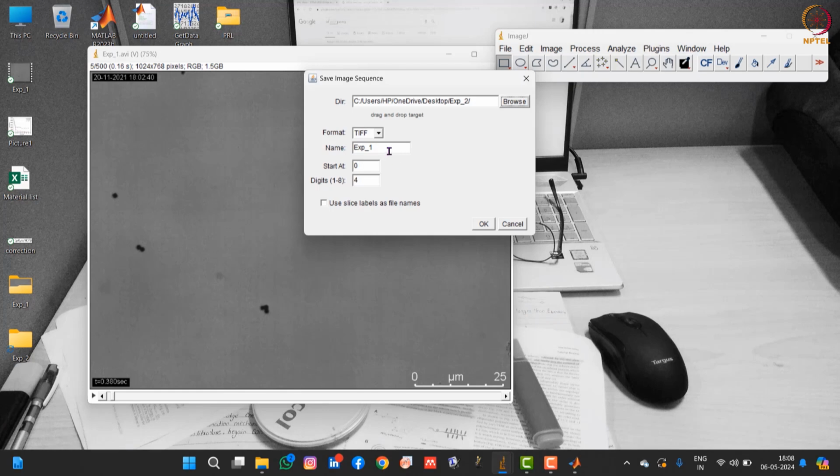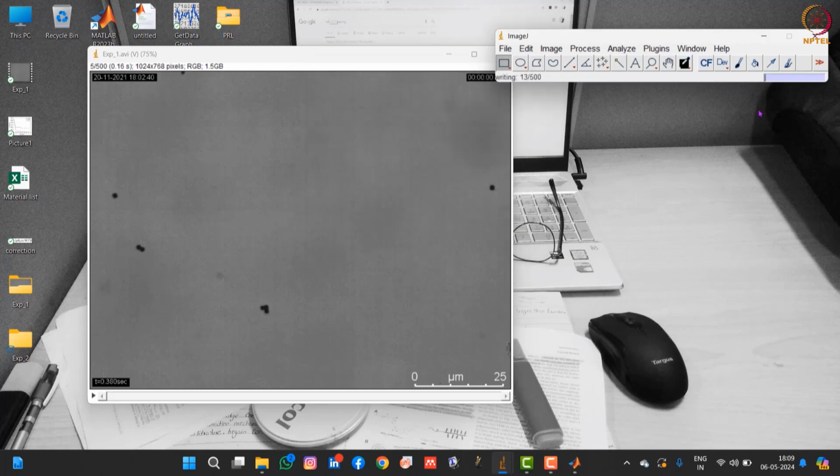Now this is the path to save this image sequence. If you want to change the format, you can change it from here: GIF, JPG, PGM, PNG. Usually I take TIF format, and here I'm clicking use slice label as file name. The slice label means the time of that particular plane will come as the image name.